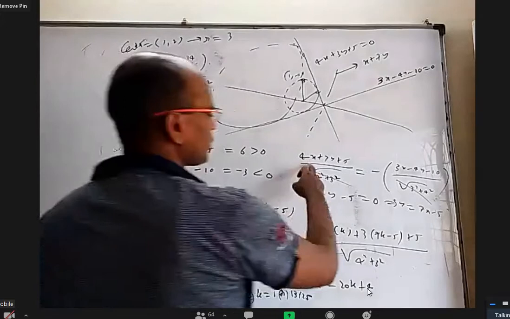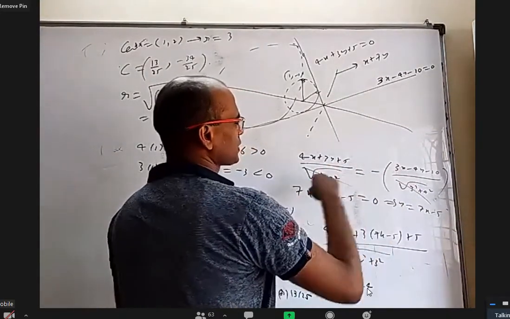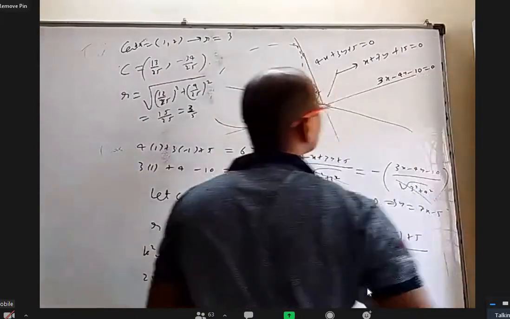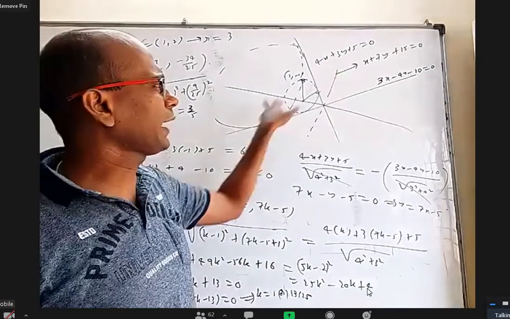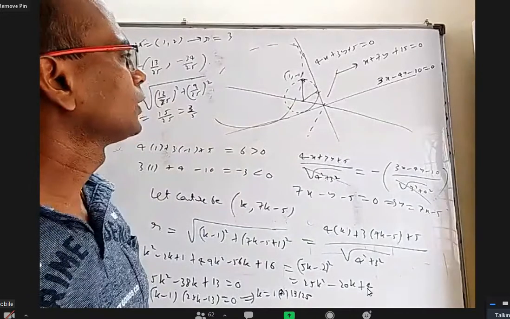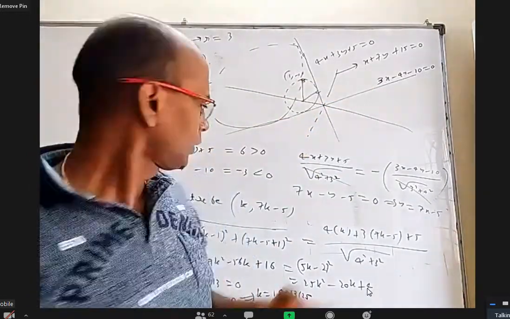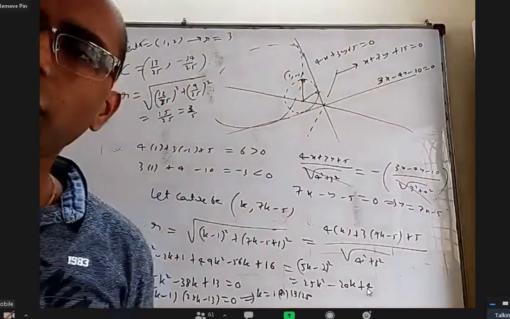Okay, I will just subtract this. So I will get x plus 7y plus 15 equal to 0. So one may say I found both the angular bisectors. All right, and I'll take a general point on this. Then what will happen? You will get like this only. You will get a quadratic equation, but you will realize roots are complex.